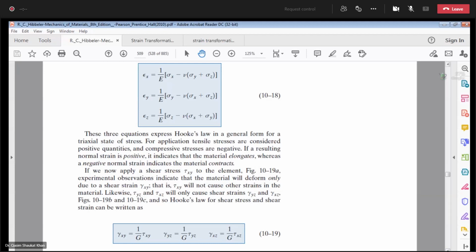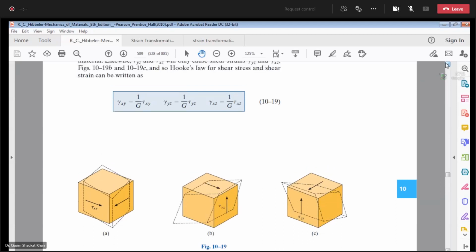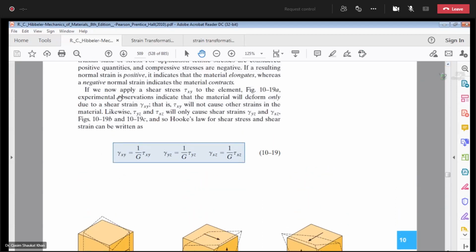Before considering this, I will show you the figure. This is the effect of tau xy on the element, the effect of tau yz on the element, and tau xz on the element. Now let's read. There is a difference now. If we now apply a shear stress, let's say tau xy, out of the 3 shear stresses tau xy, tau xz and tau yz, to the element, experimental observations indicate